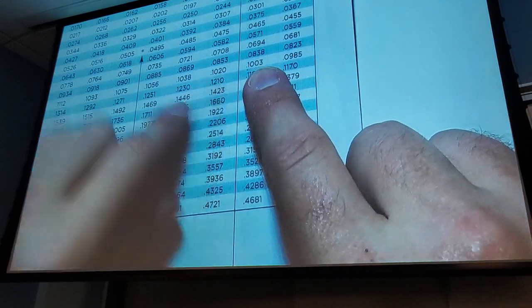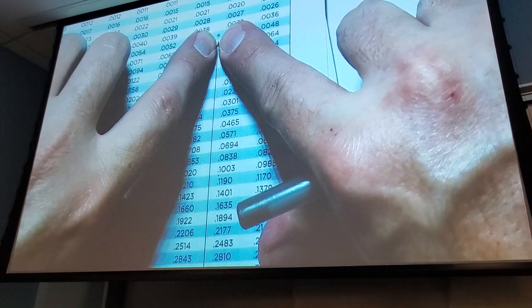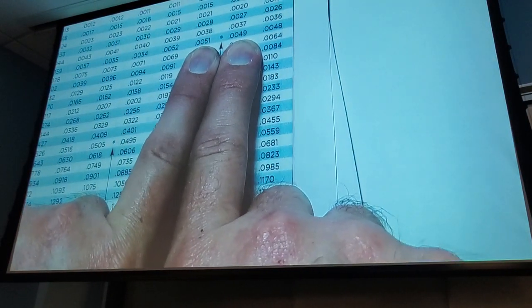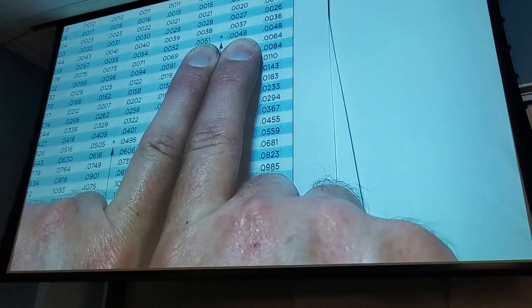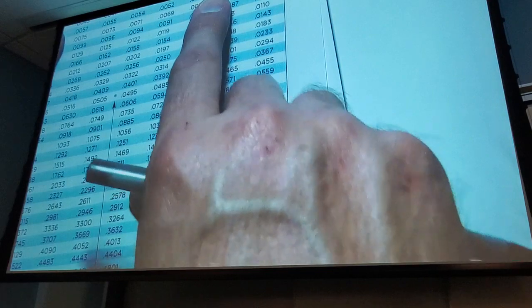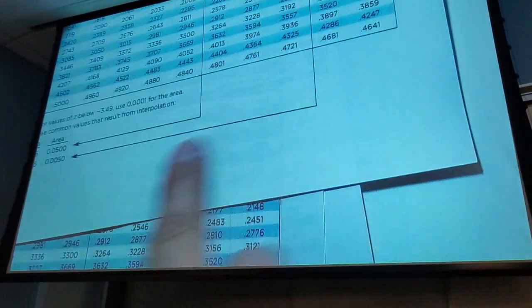Look at this. There's a reason that they have this asterisk here, because do you see how those are equidistant away from 0.005? The reason this one gets an asterisk and this one doesn't is because this is one that shows up a lot. If you follow it, it tells you it's